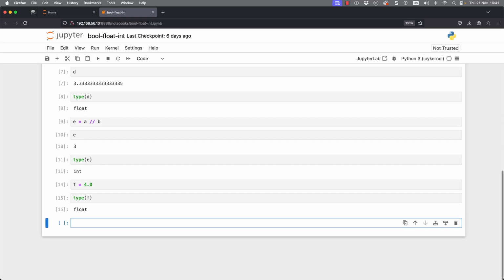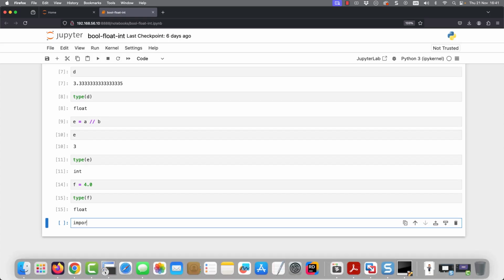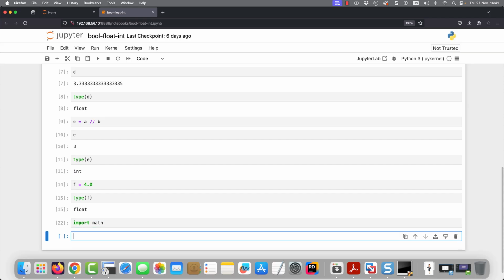But we can also work with other numbers. So let's go through and import math. Now again, don't worry too much about what we're doing at the moment, but we're importing a Python library that ships as standard with Python, so we don't need to install this. This library is going to have elements stored in it, such as functions, classes, and variables. And we can access our value of pi.